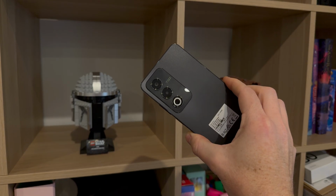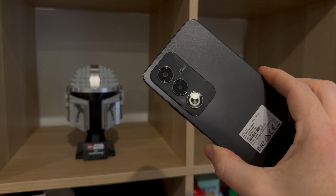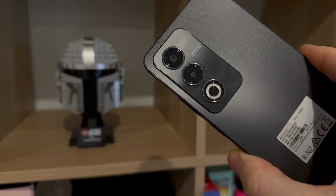Just on the battery front, before we move on, OPPO has stated that the battery inside the A80 will be good for about 4 years. Now that means that in 4 years' time, it will still have up to 80% minimum charge. And that's something that OPPO is really kind of pioneering the way for in terms of battery technology in smartphones. I've been a big fan of what they're doing with fast charging and their battery technology over the last couple of years. The cameras on the phone,